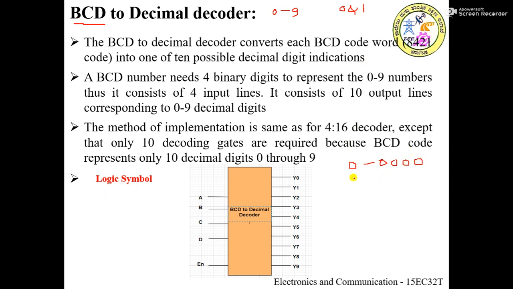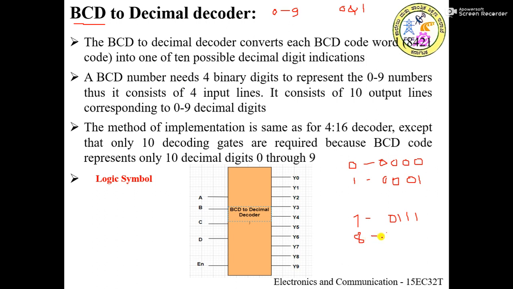Similarly, if you want to represent the decimal number 1, it is represented using the binary sequence 0 0 0 1. If you want to represent the number 7, that is 0 1 1 1.